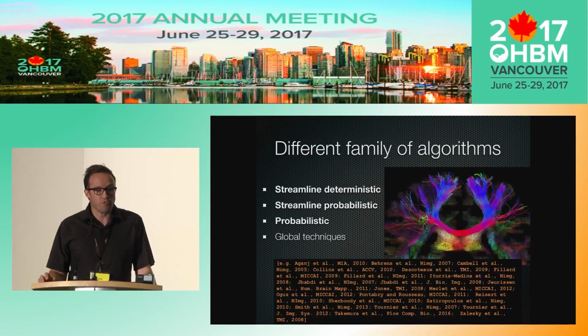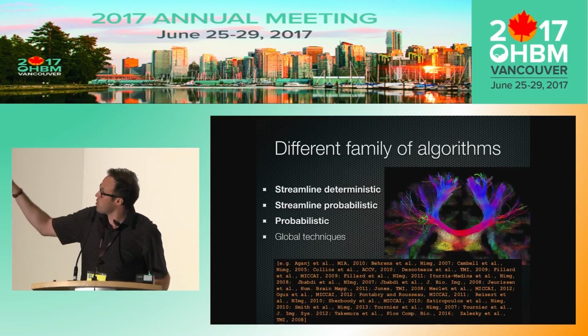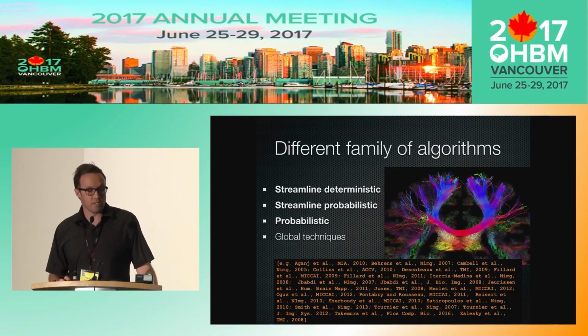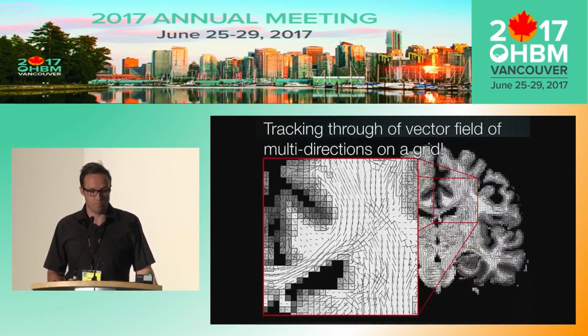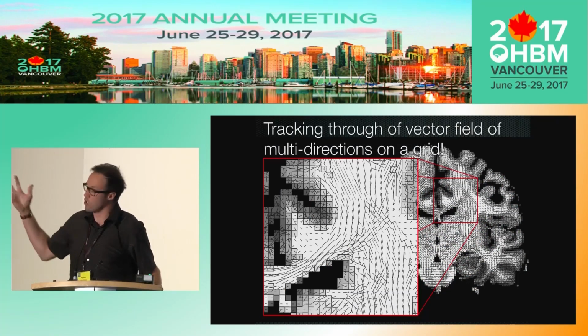Then we get into different tractography algorithms, and I'm not going to have time to cover them all. I'm going to cover the intuitions behind streamline deterministic, streamline probabilistic, and probabilistic-based tractography. There must be at least 200 papers out there. There are good review chapters on this subject if you look me up on my webpage and in diffusion books in general. But keep in mind that as we're going to do tractography, we're going to track through a grid,